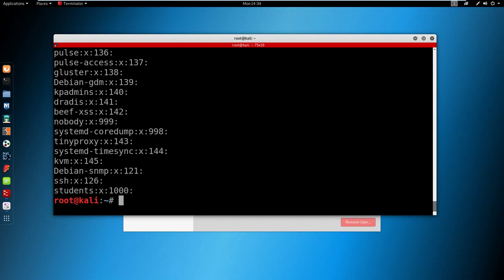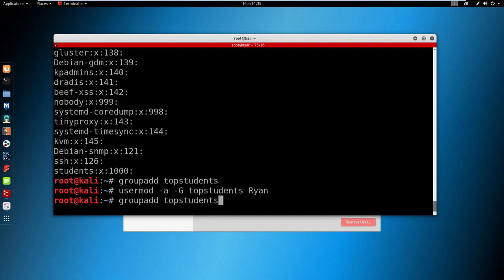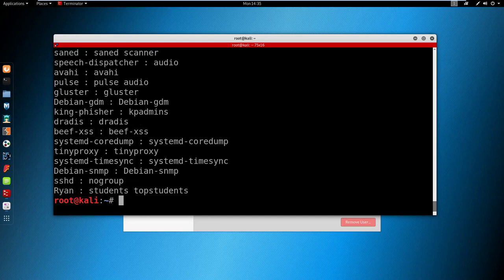So now we've done that, we can also remove users from secondary groups. So let's group our top students. We'll give Ryan the secondary group of top students by retaining them. So it's just -a -G, and then the secondary group name, which is top students, and then Ryan. So now if we have a look with the cat command, as you can see, Ryan has now a secondary